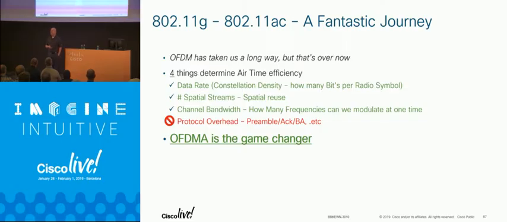So we haven't done anything about the protocol overhead, right? OFDMA is a game changer. My marketing guys, because I'm a technical marketing engineer, but I'm more T than M, keep saying, if you had to sum up what's important about 802.11ax or Wi-Fi 6, what's important? I'm like, OFDMA, man, it's a game changer. Everything changes with OFDMA. And this is important because your life's going to get better.